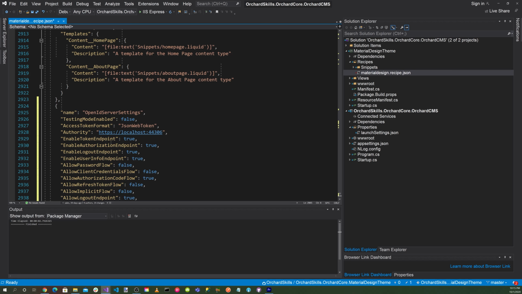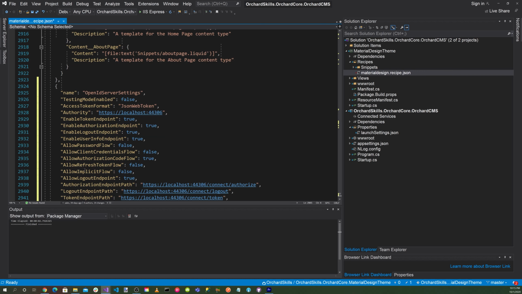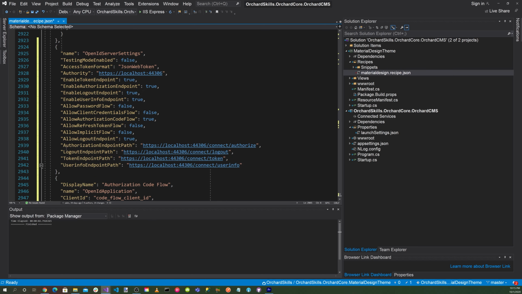Enable token endpoint true, enable authorization endpoint true, enable logout endpoint true, enable user info endpoint true, allow password flow false, allow client credential flow false, allow authorization code flow true, allow refresh token flow false, allow implicit flow false, allow logout endpoint true,